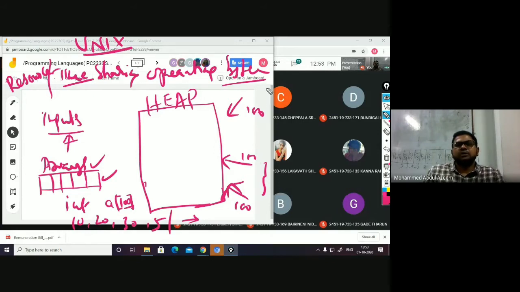But then this one may sometimes require 150 or 160. So the time when he requires 150 element space, he is not able to execute his program because he has only been allocated 100 element space. When memory is allocated with the help of arrays, what happens? The memory is allocated at compile time.